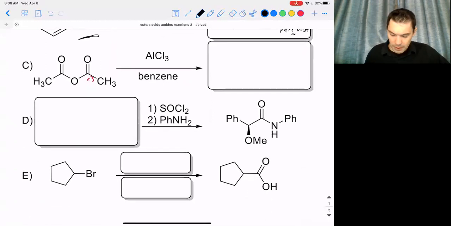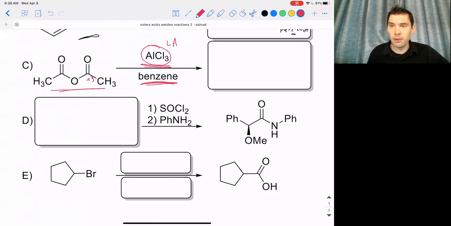This one up above now, this is also kind of a throwback question to what should be a little bit earlier of a chapter. Aluminum trichloride is a very powerful Lewis acid, so I'm just going to label that Lewis acid. We're in benzene, and it turns out that's going to be a very important part of this because anhydrides are really good electrophiles, and they need some nucleophile to attack them. And there isn't a really great